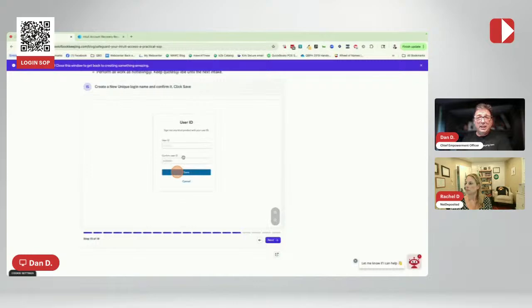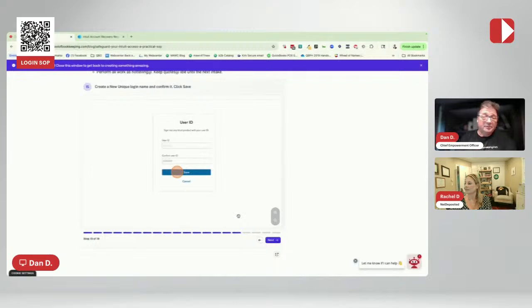So at that point, you change your user ID from an email address to a user ID, right? And it has to be unique, right? So it just has to be different than anybody else's login. Incidentally, I picked one, and then I signed in and reversed it. And then it wanted to send an email to someone that wasn't me. So I'm like, oh my goodness. Okay. So I need to make sure I put in the right user ID when I'm signing in. Otherwise it's going to think something else, right? So you want to create a user ID that's not your email address.